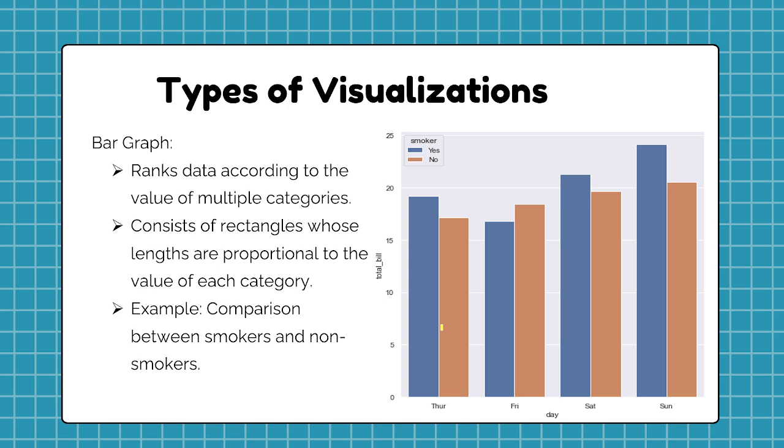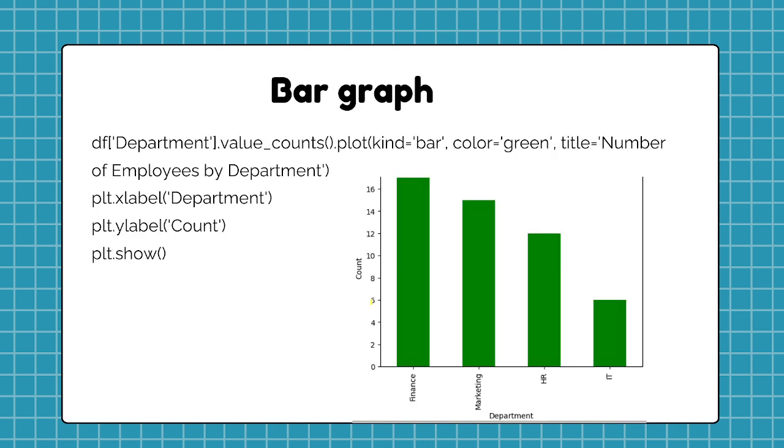Okay, so you not only have two groups, but we can have more than that. So this is an example in a vertical way, but of course you can have it in a horizontal way. So it's not only based on this type. Okay, in terms of the coding in Python, it's quite similar to the